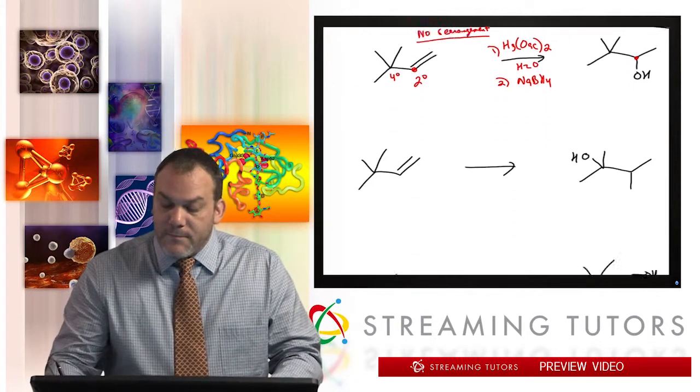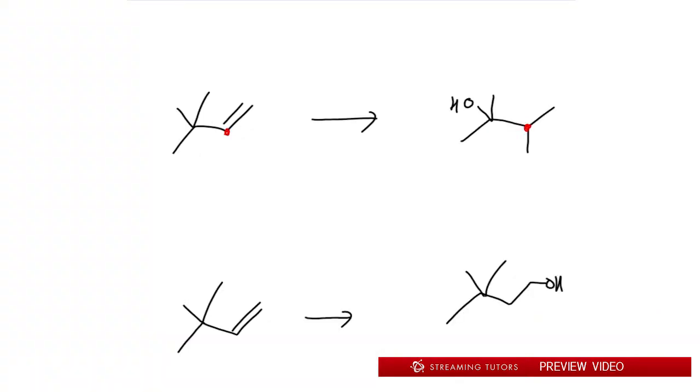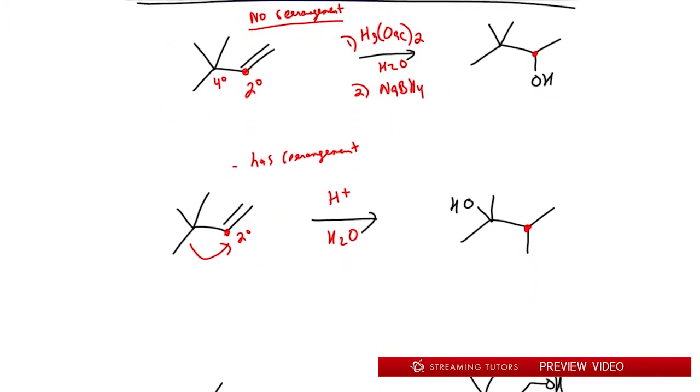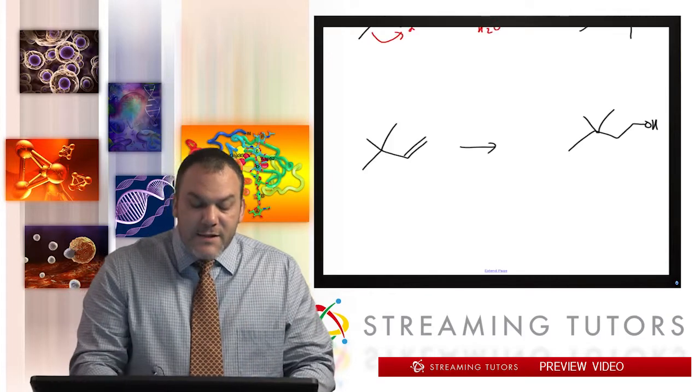Now in this case, the red carbon is here and we had a methyl shift. So we're having one of these methyls jump over. So how do you do that? Well, if you make a carbocation on that secondary carbon over here, then we can have a methyl shift because the next door neighbor is a higher degree. So this is perfect for acid catalyzed hydration. So use H plus, H2O, and you will get the OH on the high degree carbon after rearrangement. See that? So this has rearrangement, and that's why we would use this reaction over the oxymercuration. That's the only time you use one over the other for those two. And now in this last example,